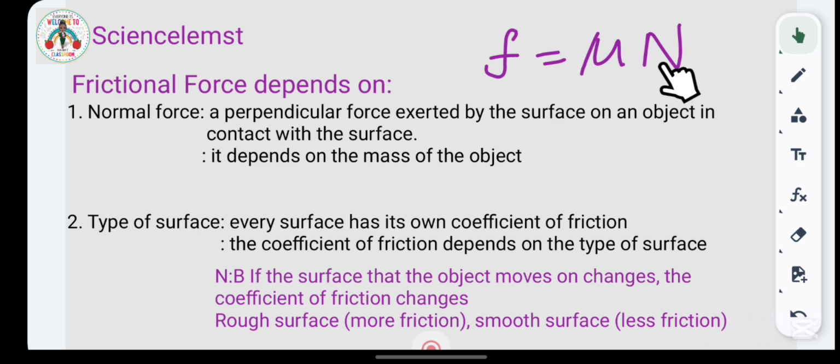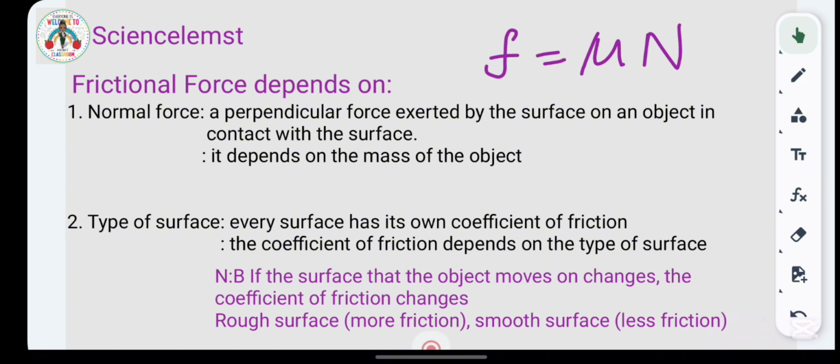You need to be able to define normal force. You learned it in grade 10. And you defined it as what? As a perpendicular force exerted by the surface on an object in contact with the surface. The normal force depends on the mass of the object. If the mass of the object changes, the normal force also changes. Simply meaning what? If the mass of the object is going to increase,